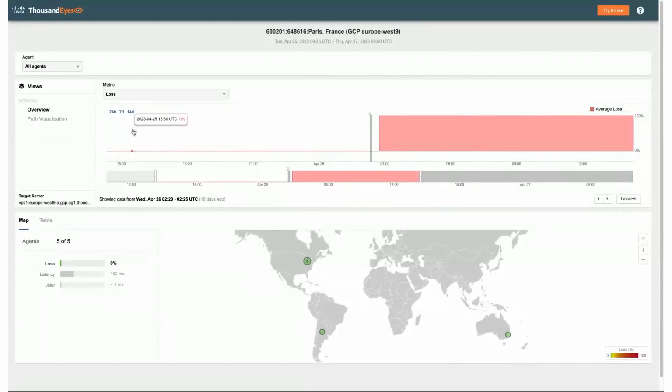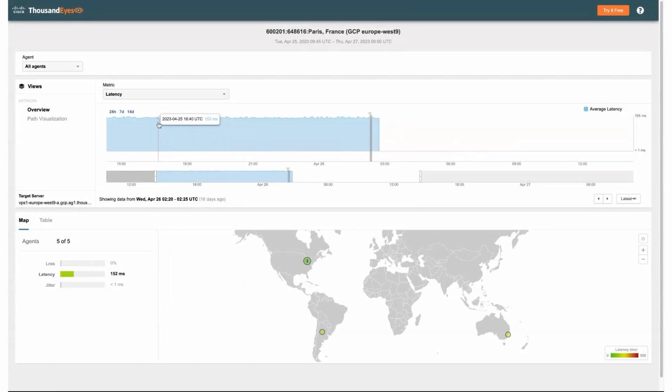And as you can clearly see, at that particular timestamp we started observing 100% packet loss, which goes hand in hand with what Mike just explained. If we go back to the latency, you're going to see that everything worked fine. We are seeing an average latency of approximately 155 milliseconds. Bear in mind that this is an average latency across different agents that are probing this particular target. And then with the lights off event, we can see that there was no more data collected. This is kind of interesting.